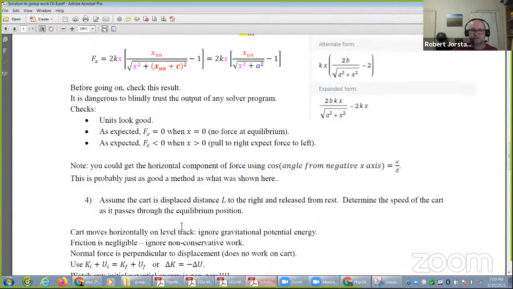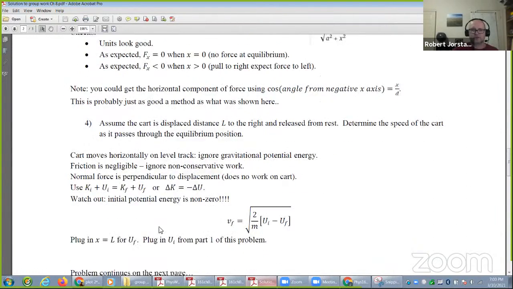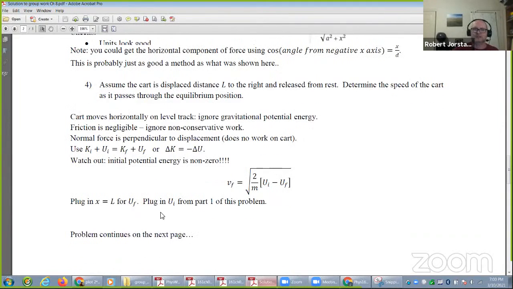All right. Now, here's what you do for part 4. Assume the card is displaced distance L and released from rest. Well, I use this equation, and that's what I was trying to guide you to. In this case, I plugged in 0 because it was released from rest. There's no work. Normal force is, all that stuff, right? U initial is,